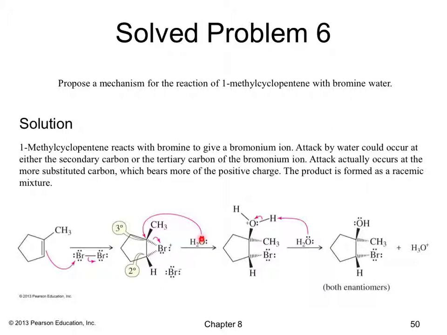Now you have the possibility of water attacking either this carbon or this carbon. In this carbon you have a methyl group, so this would be a tertiary carbon. In this case you have a hydrogen, which would make it a secondary carbon, or slightly positive carbon. And so this will have the more positive charge as a result. We'll attack that side, open up. Now once it's generated, the water in the solution will pluck off the hydrogen, neutralizing it, generating this. And the other enantiomer, which should be